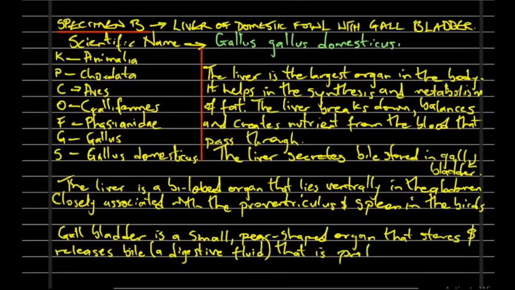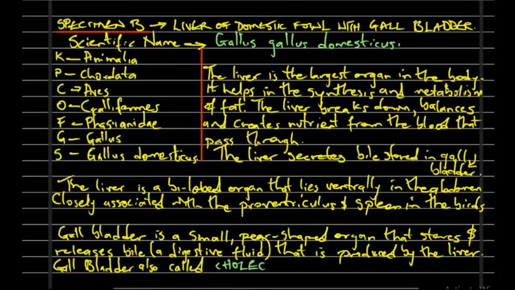That is produced by the liver. So we understand the relationship between them now. So the gallbladder, we also call it the cholecyst. Gallbladder, also called cholecyst,